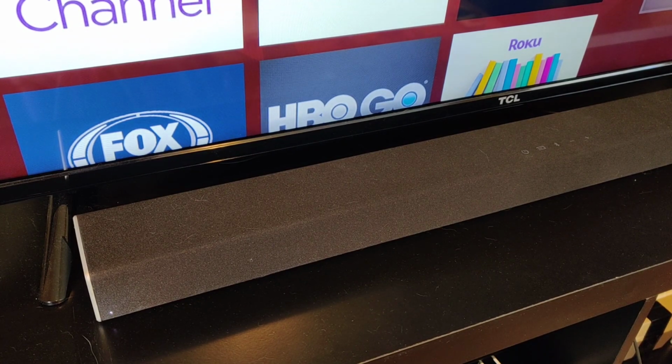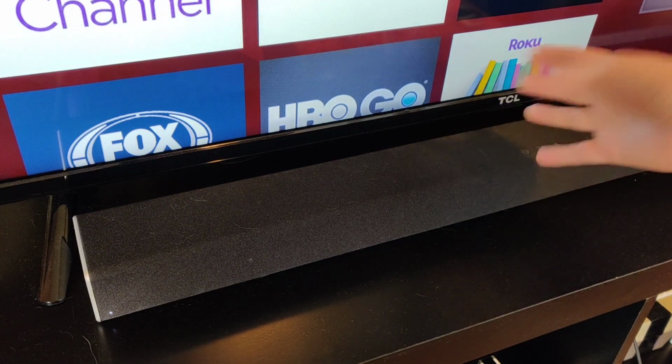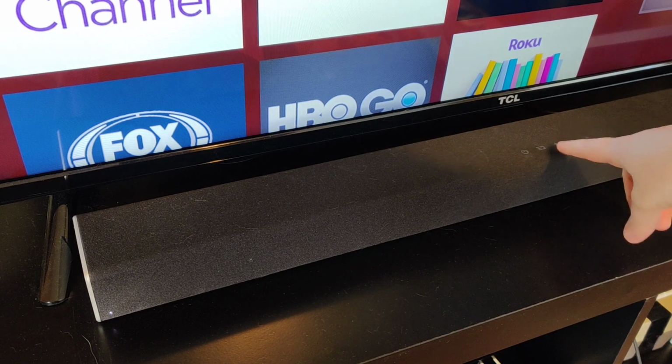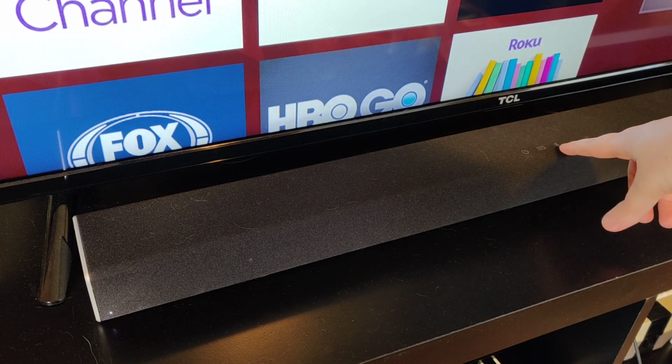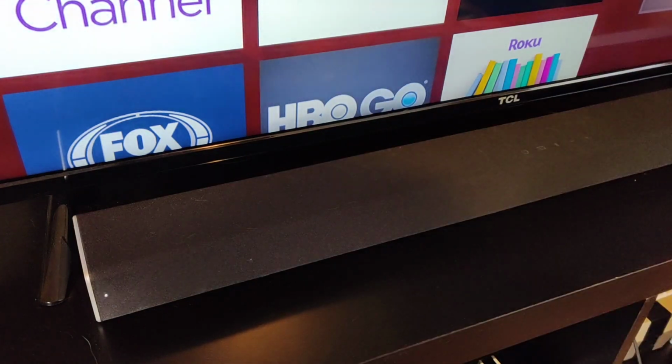So the first thing you want to do is put your Bluetooth speakers into pairing mode. And a lot of these Bluetooth speakers have the pairing button located right on them. For the soundbar that I'm using, it's located right here in the center. It's the little Bluetooth icon. Just holding that down for about 3 to 5 or so seconds is going to put my device into pairing